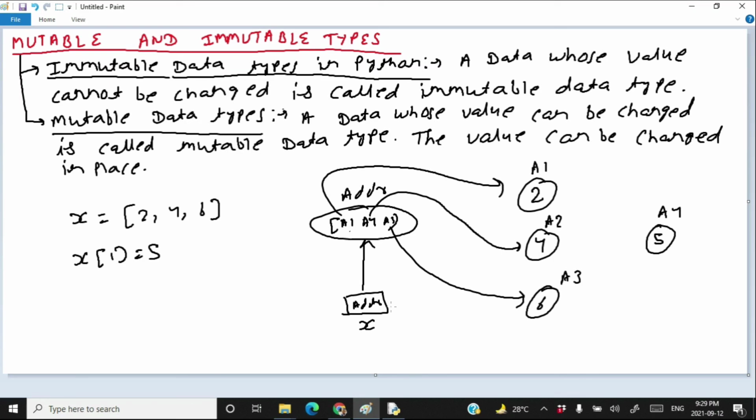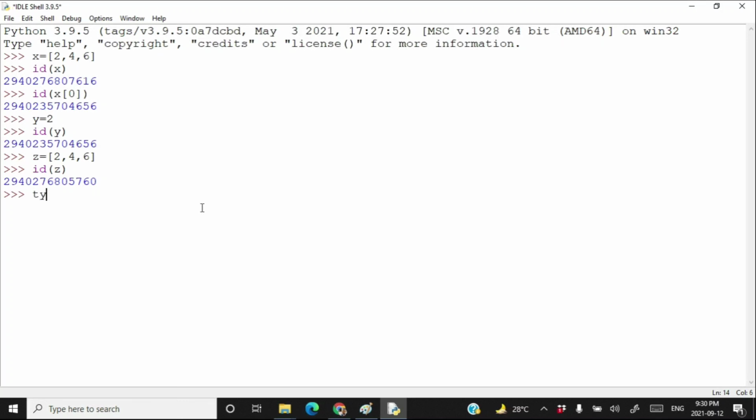So hopefully you are getting all these things. Now there are a few functions supported by Python which we have already used, but let's recap them once. The first function is type. When you write any variable name between the opening and closing brackets of the type function and press enter, you will get the type of that variable. The type of the variable x is list. If you do type(x[0]), then the type of the first element of the list x is going to be integer. So this is the type function.